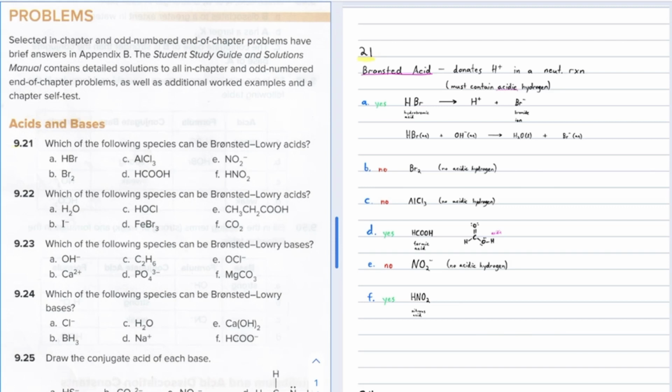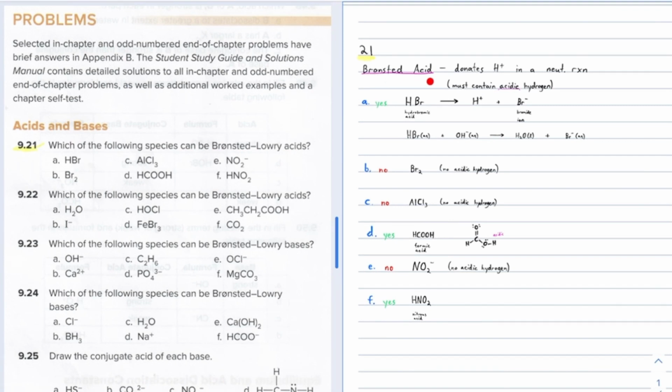Problem 21. Which of the following species can be Bronsted-Lowry acids? And we're given 6 formulas to look at. A Bronsted acid, we know, donates protons, H plus ions, in a neutralization reaction. And part of that tells us that they have to contain a hydrogen to donate, an acidic hydrogen,